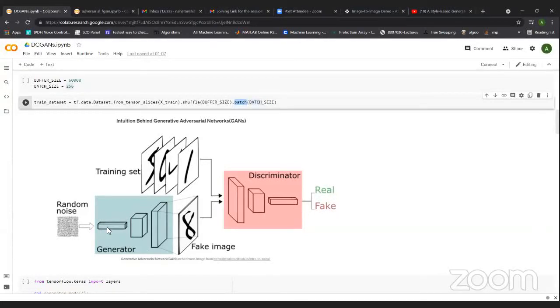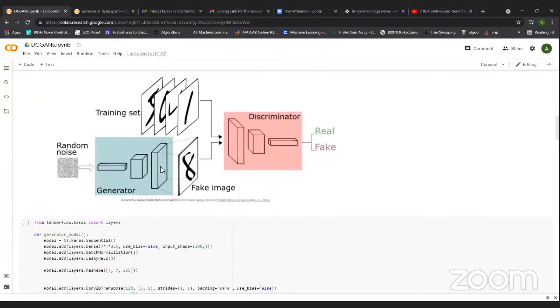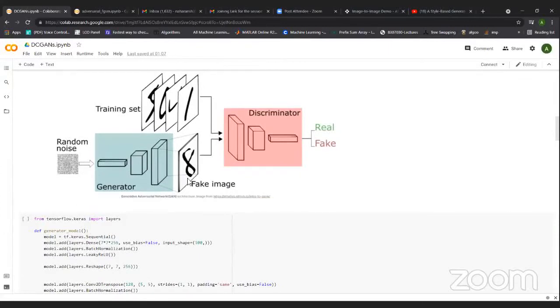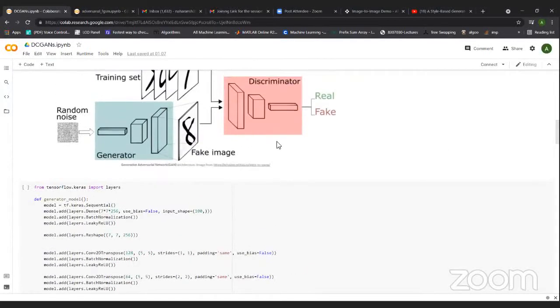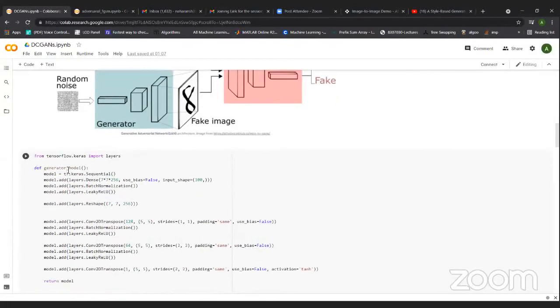But in the generator, we give a random noise and want to upsample it so that we can get the image. This can be implemented using the Convolution 2D transpose layer. Basically in a discriminator we use the Conv2D layer for downsampling, and for upsampling you need to use Conv2DTranspose.